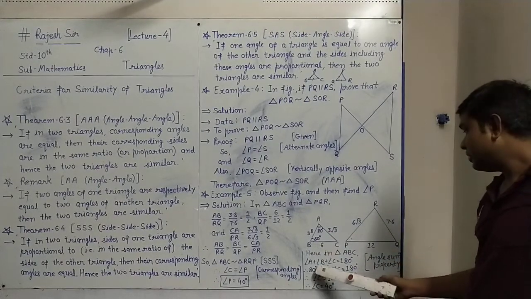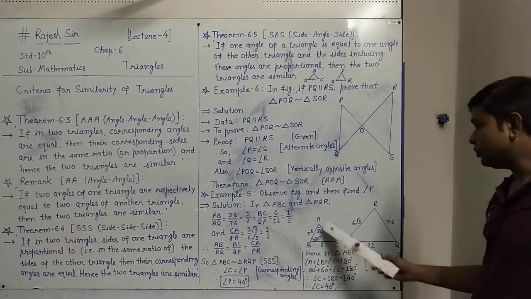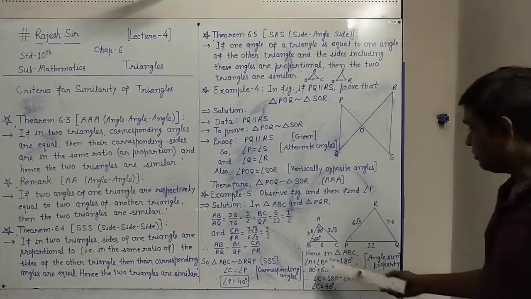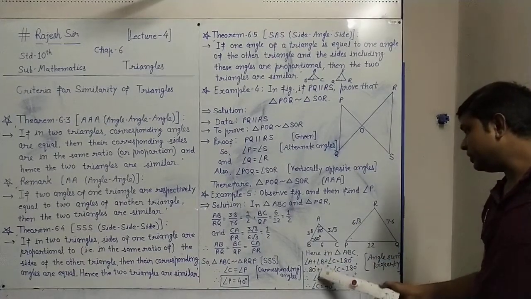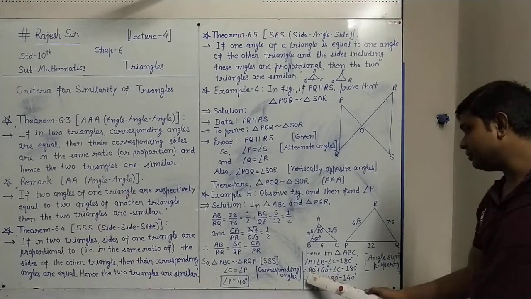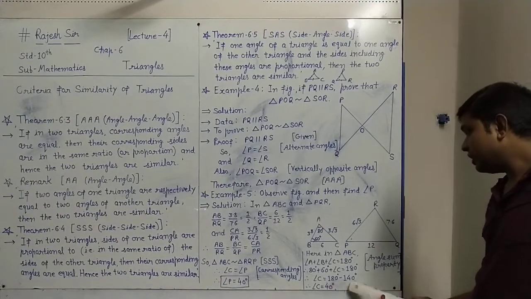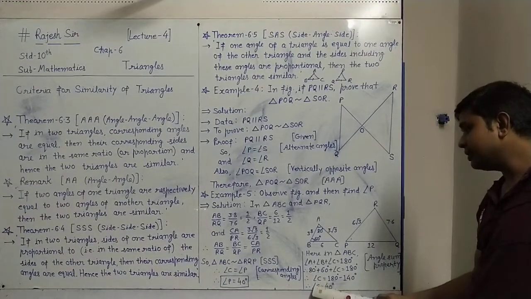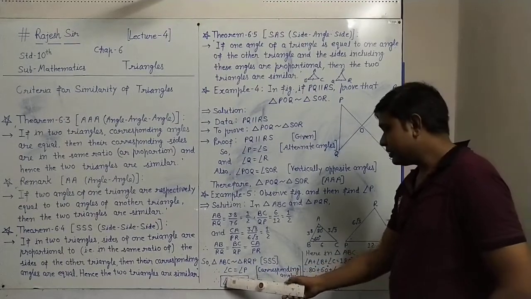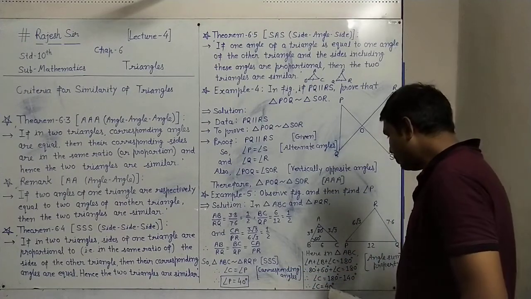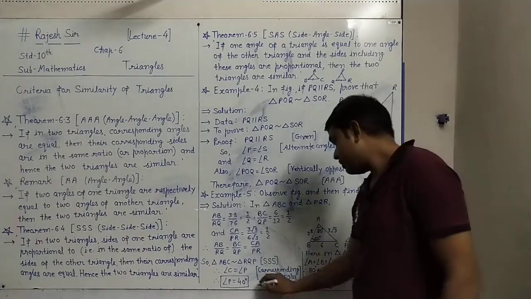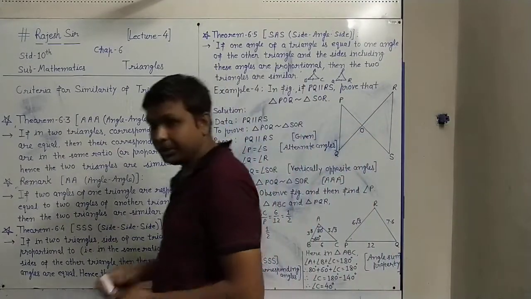We are finding it. As you know, angle A plus B plus C equals 180, because of the angle sum property of a triangle. Now place the given values: A is 80 plus B is 60 plus C equals 180. So angle C equals 180 minus 140, which is 40. Since angle C equals angle P and angle C equals 40, angle P is also 40 degrees, which we wanted to find. This way we found the angle.